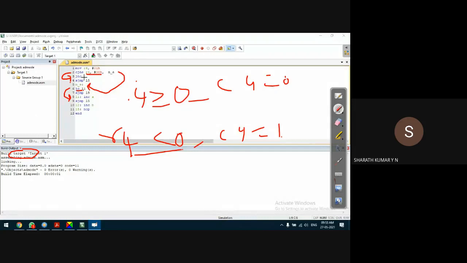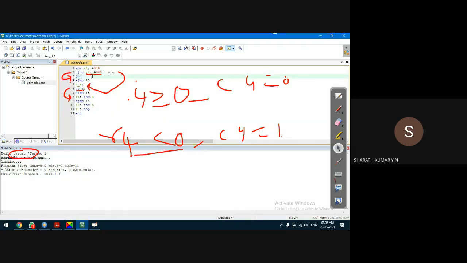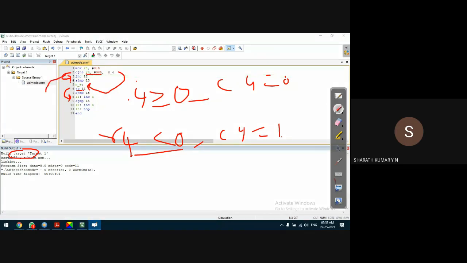If the carry bit is not 1, I forgot to use L2. Sorry: jump if no carry, go to L2. In loop L2, we're doing some operation. All this operation is just for our understanding purpose. It goes to L2 and executes the program. If the carry bit is set to 1, it will go to L1, increment A, and exit the program.